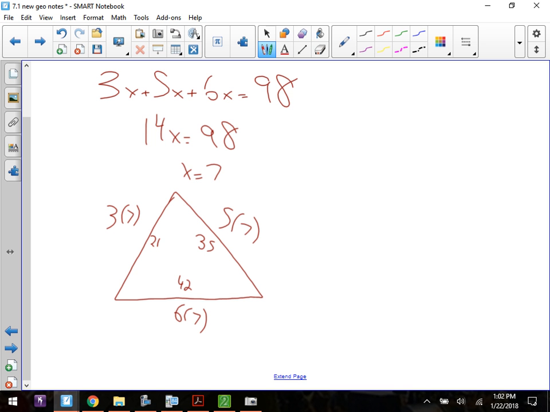Once you start getting into trigonometry, if you know specific values, in this case we can use what's called the law of cosines, and you can solve for the largest angle. What would be the largest angle across from what side? The 42 one, 6x side. And we can go and do all that. So as we go along, we're just using this real basic quick algebra stuff, but eventually we'll be able to do,